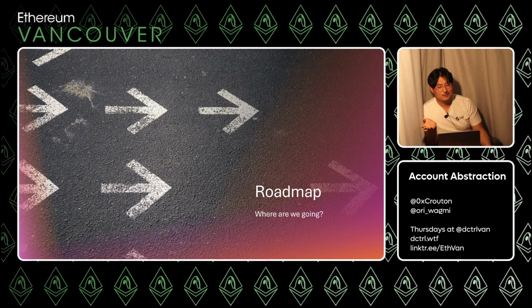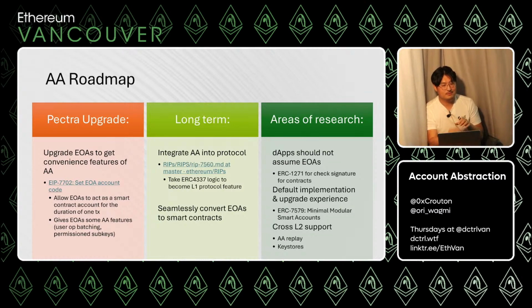Let's just quickly cover what's ahead for account abstraction. So the next step, now that we have 4337 out and working, is we want to give EOAs the benefits. Everything that we saw today was great. I have a smart account, but most people are still using EOAs. So how can we give EOAs a lot of the benefits of account abstraction? This is EIP 7702. This EIP is a protocol change. It is part of the upcoming Pectra upgrade, soon TM.